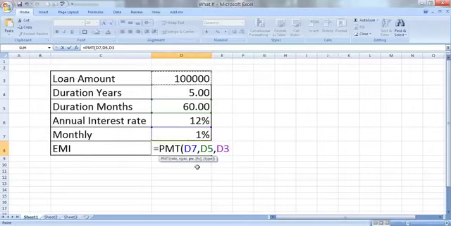So that means these are optional. You don't need to enter them. I have taught them in a different video, so we don't need to enter them since they're optional. We'll just press enter, and whatever answer comes up, that is the per month EMI